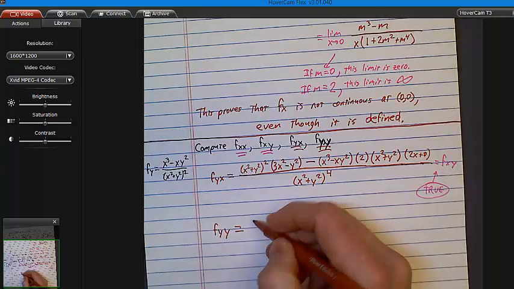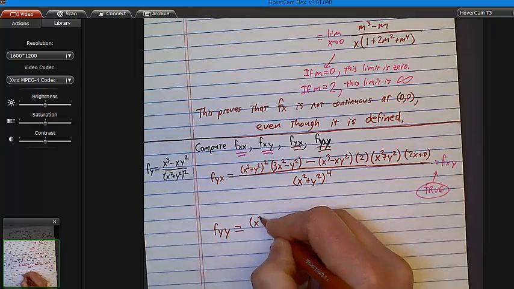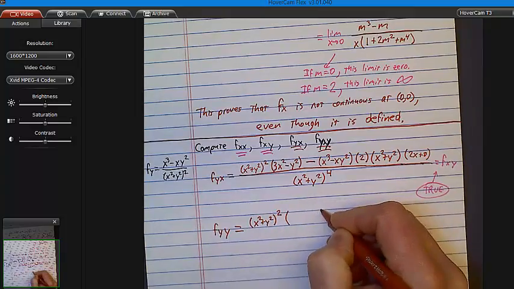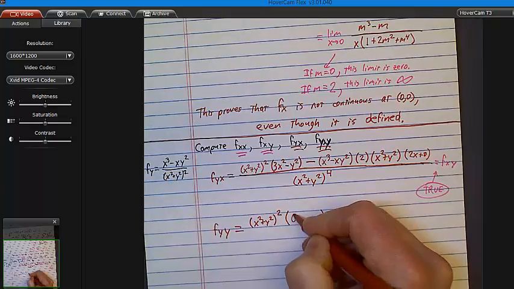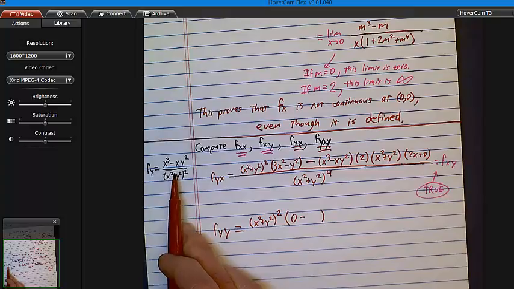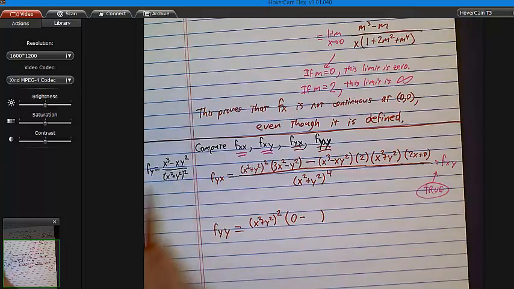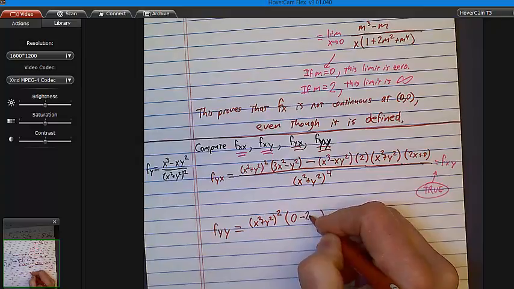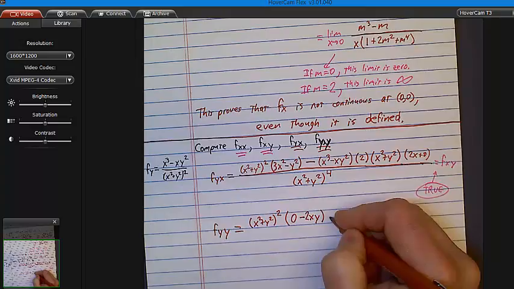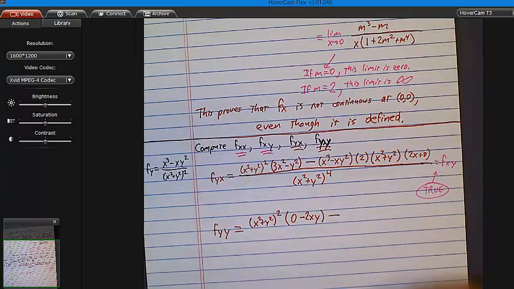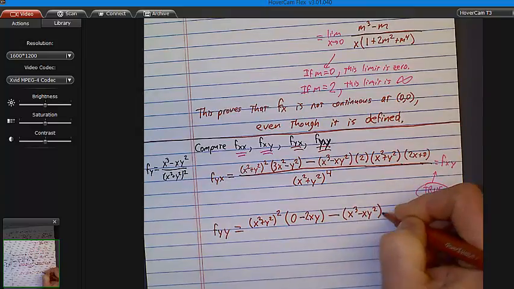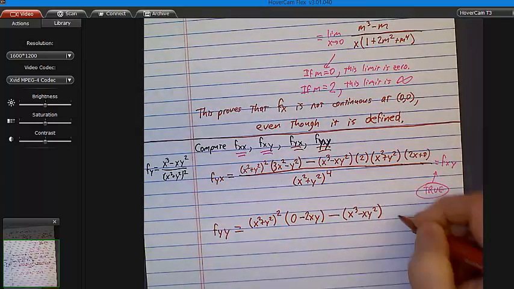So again, I'm going to start off with (x squared plus y squared) squared times the derivative of high, which is going to be 0 minus, now x I'm treating as a constant this time for f_yy, so it's going to be minus 2xy there, minus high d ho, so the high would be x cubed minus xy squared,